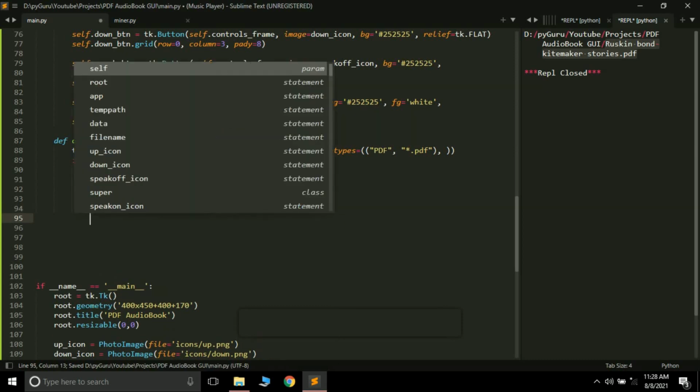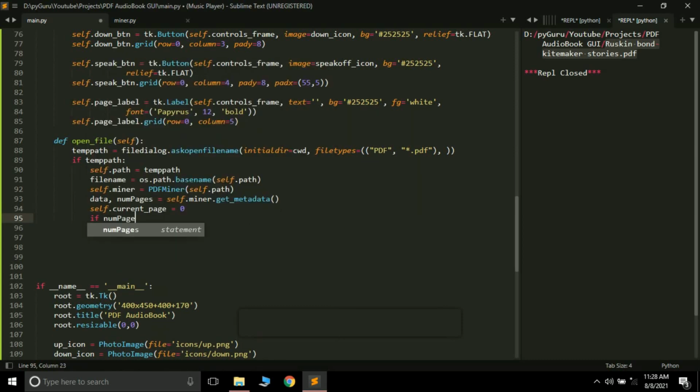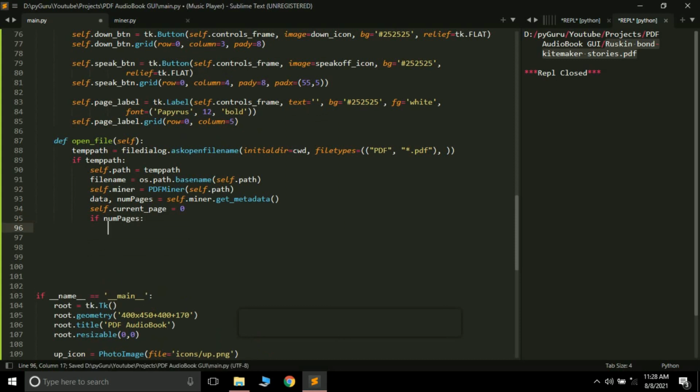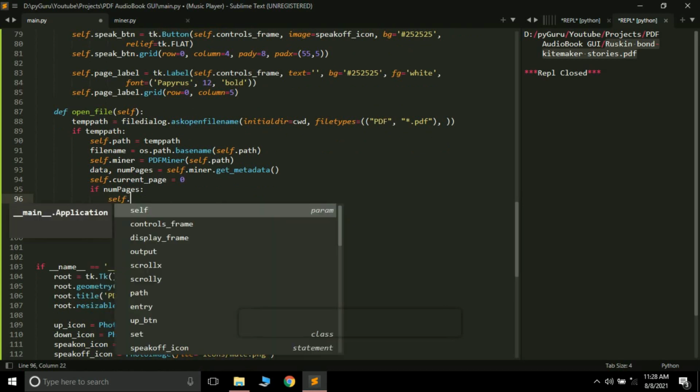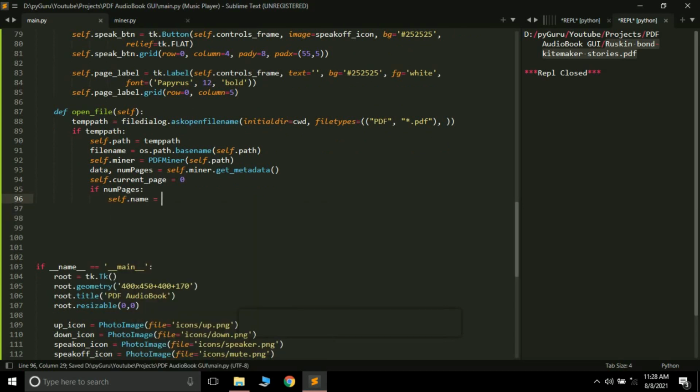Now the next thing is if num pages, it means that if it's a valid file, if there are a number of pages and it's not just an empty PDF or corrupted PDF file, then what you can do is self.name equals data.get.